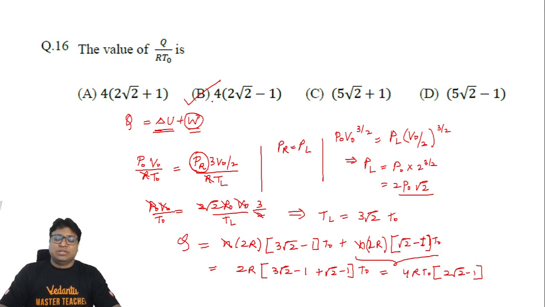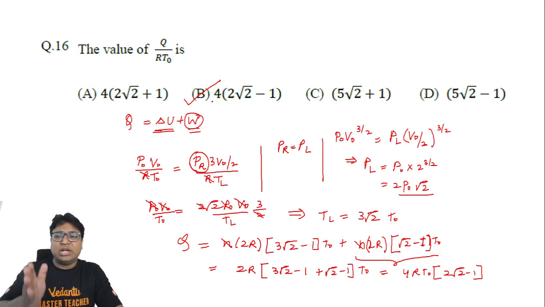All right. So if you ask me, guys, the question was a straightforward one. It did not have too much complication. For the right chamber, you had to apply the adiabatic equation, and then using the equilibrium of the piston, you relate the pressure in the left chamber with the pressure in the right chamber. Then you can find out the temperature in the left chamber by using the ideal gas equation, and then you can find out whatever has been asked.